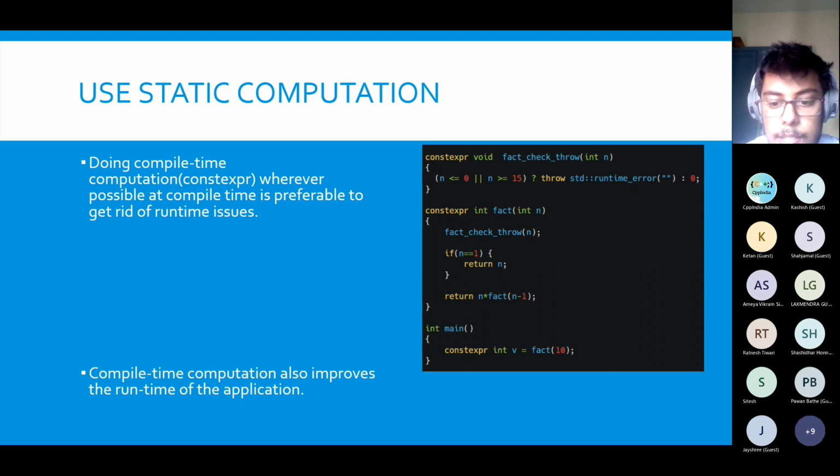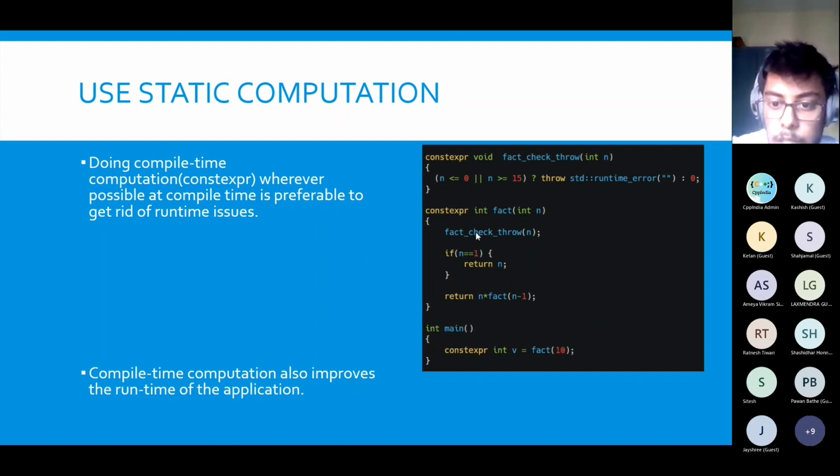It is like inline functions, but in terms of inline functions, what we do is that we expand the code at the compile time, right? But instead in constant expression, we just compute the value of the functions or the variables as well. And constant expressions are very powerful. They can also be used in the constructors of the classes. So variables can be initialized with constant expressions. Functions can be used as constant.